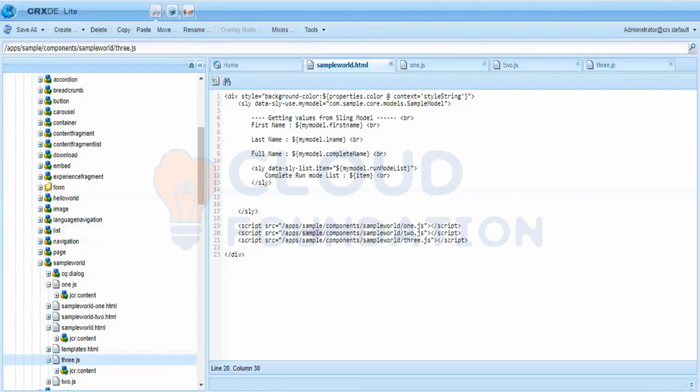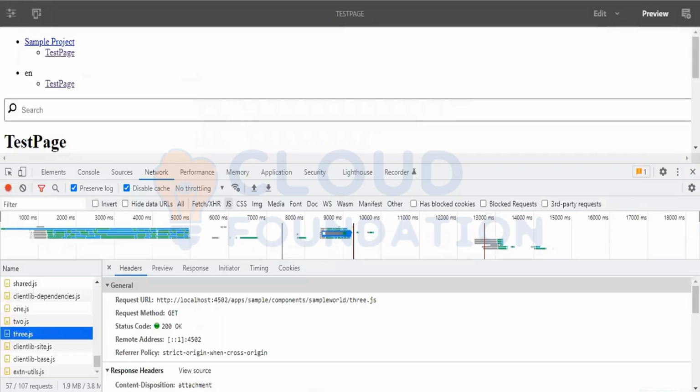And also see if there are 10 JS or 10 CSS files to be included. There will be 10 lines of code, or 10 times individually, where you have to include those JS and CSS files. To overcome this problem, to provide a solution and bring performance to your system,